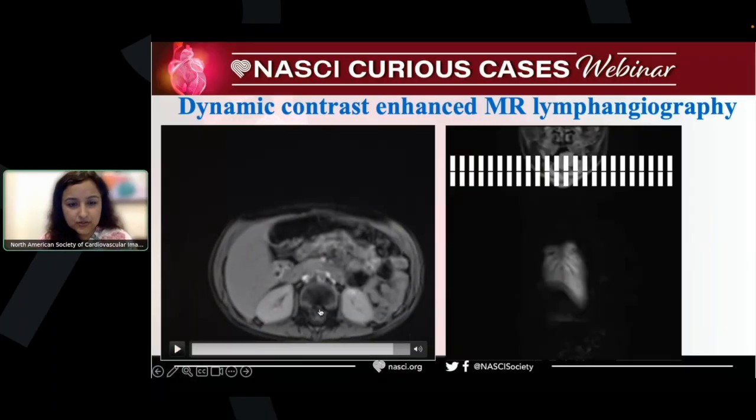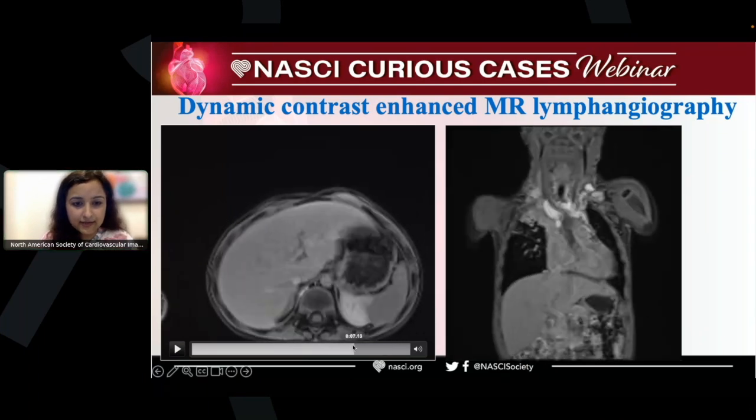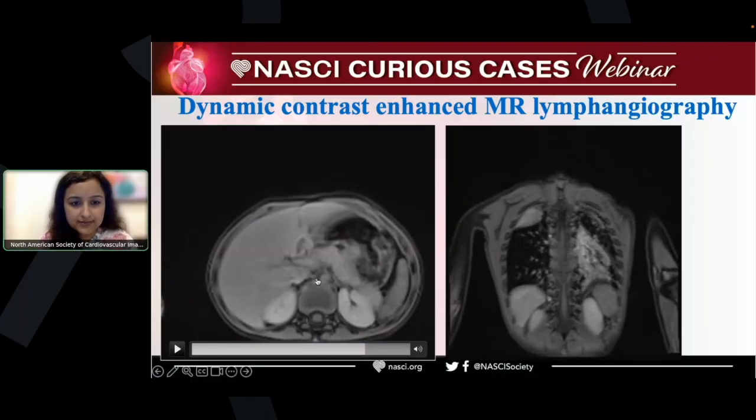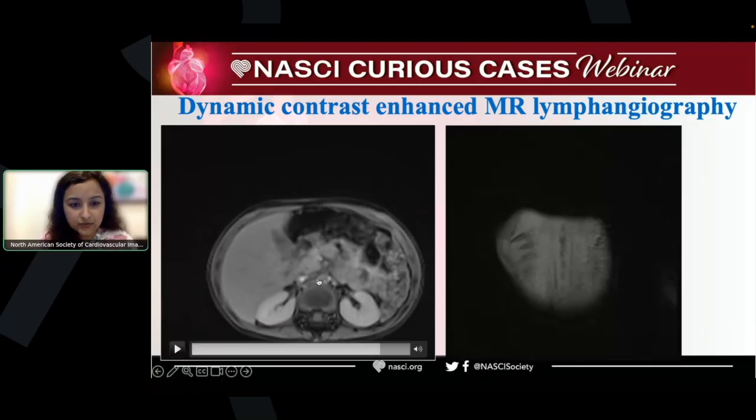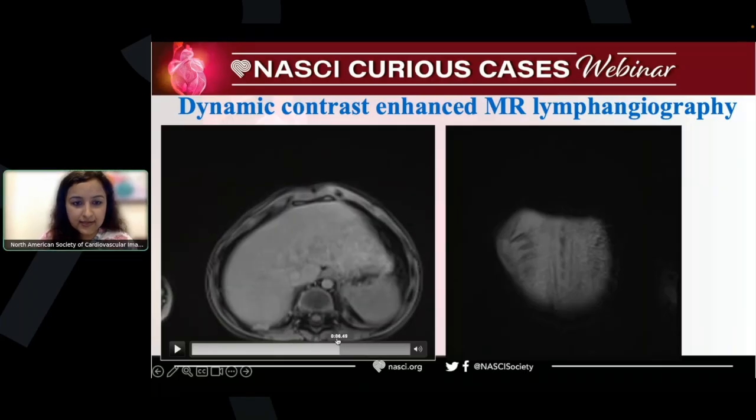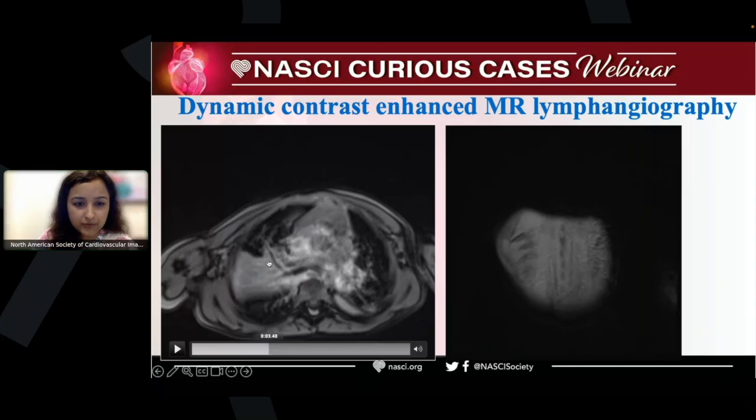So here you can see the lymphatic channel has opacified. If I trace it here, this is the lymphatic channel. And as I trace it down, you are able to trace it here, and here. But beyond the D6 level, it was not seen. This is the D6 level, and beyond that, what we are able to see is this lymphatic